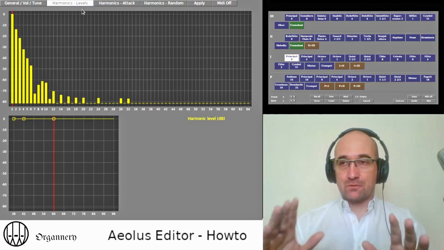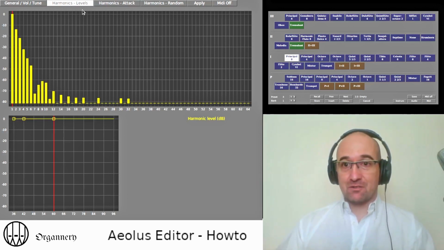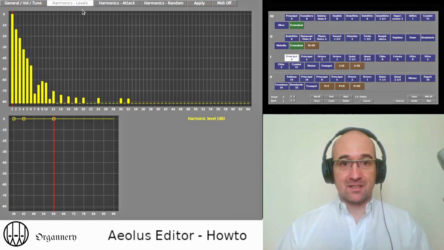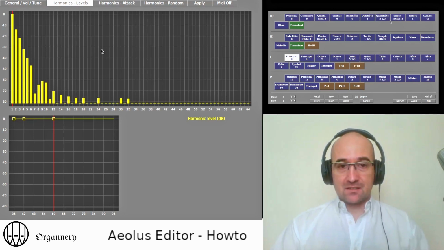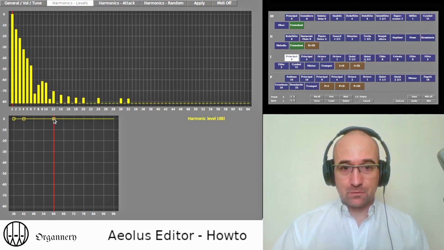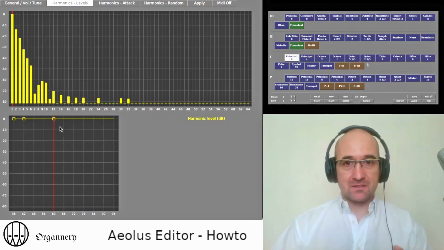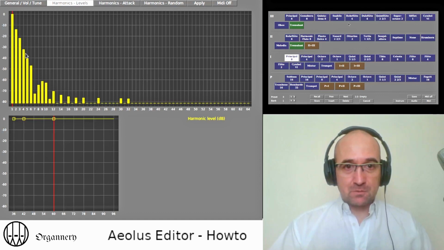When it comes to voicing stops, I call on the expertise of my partners in the UK, and the organ in the organ distribution has been voiced by them. So here we say that the notes from 60, which is around center C on the keyboard, are composed with this harmonics power.